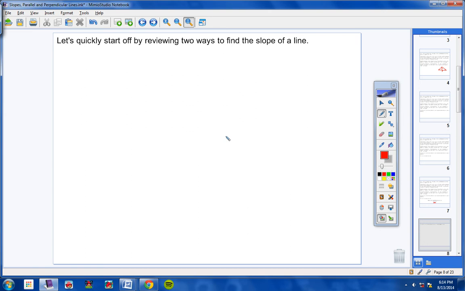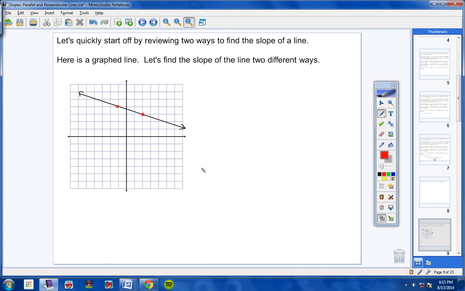First of all, we need to start off by reviewing the two ways to find the slope of a line. You should have learned this in Algebra 1 and Algebra 2, so I am going to go pretty fast, okay? I'd like you to copy this line in your notes, so please take a second, draw a coordinate plane, and I want you to put an ordered pair that's